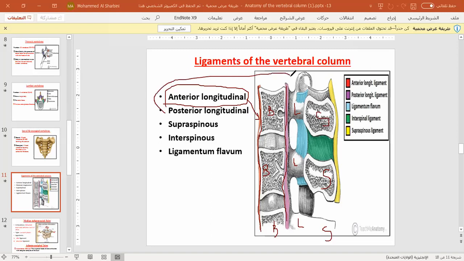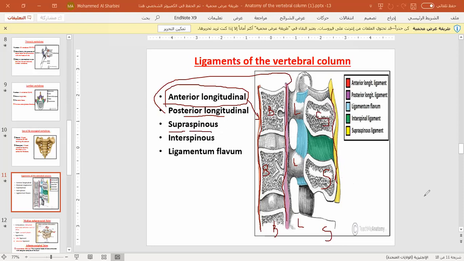Posterior longitudinal ligament. Longitudinal ligament means the ligament connecting the bodies anteriorly by the anterior ligament and posteriorly by the posterior ligament. If I wanted to connect the spine from its tip together, this ligament will be